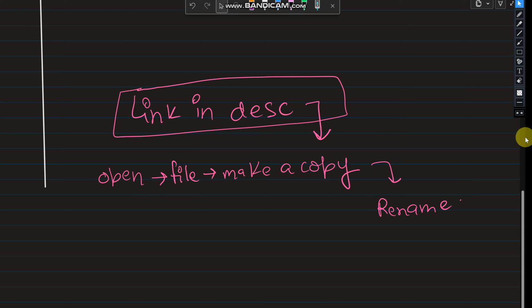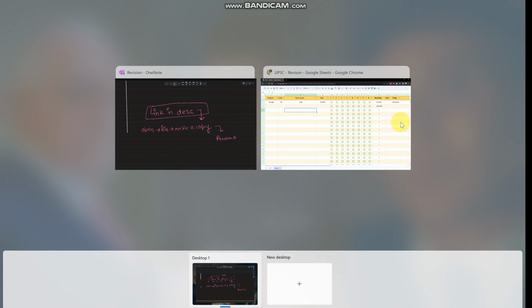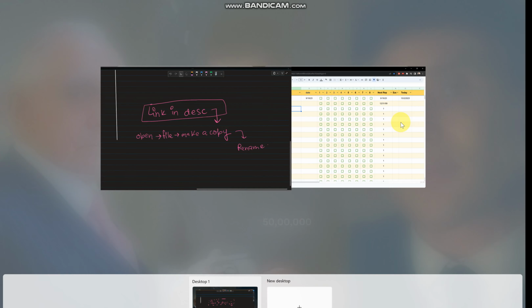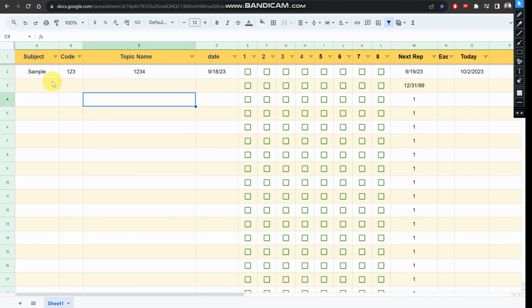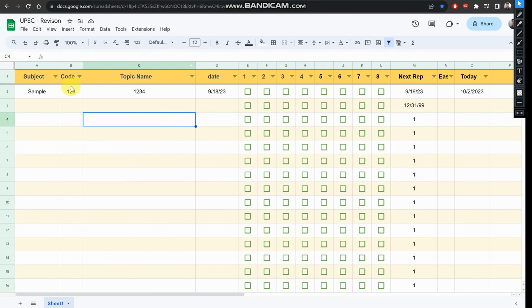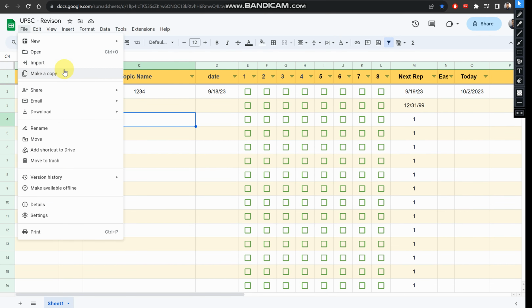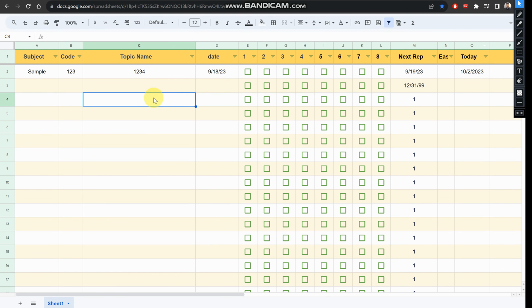अच्छा चलो मैं दिखाता हूँ real quick. I'll be completely honest, this is the tool. On the file menu you'll have make a copy. वहाँ से you can easily make a copy of that. Because time is low, we'll just go for, for example, अभी मैंने ethics subject में कुछ कोड छोड़ देते हैं. टॉपिक नेम पढ़ा लेट्स से करप्शन. अब करप्शन मैंने पढ़ा लेट्स से आज